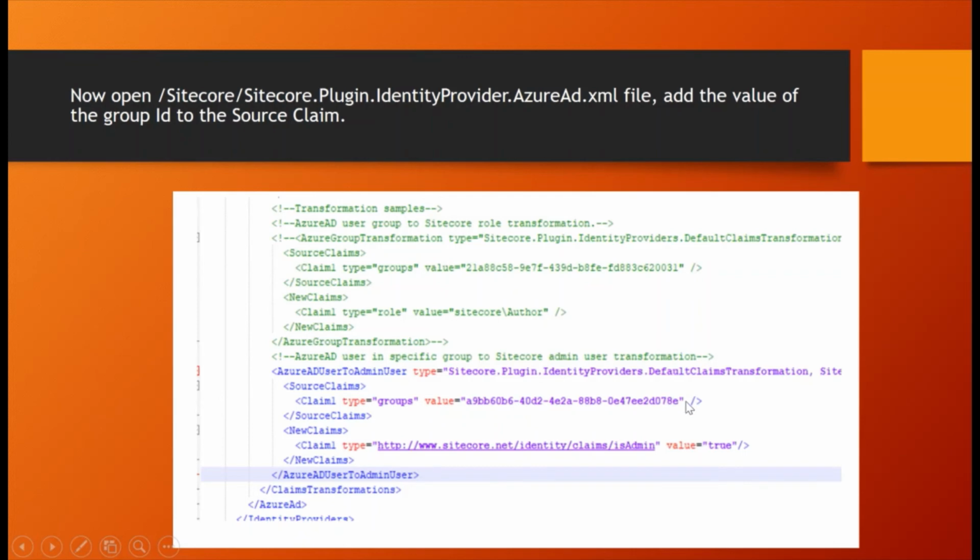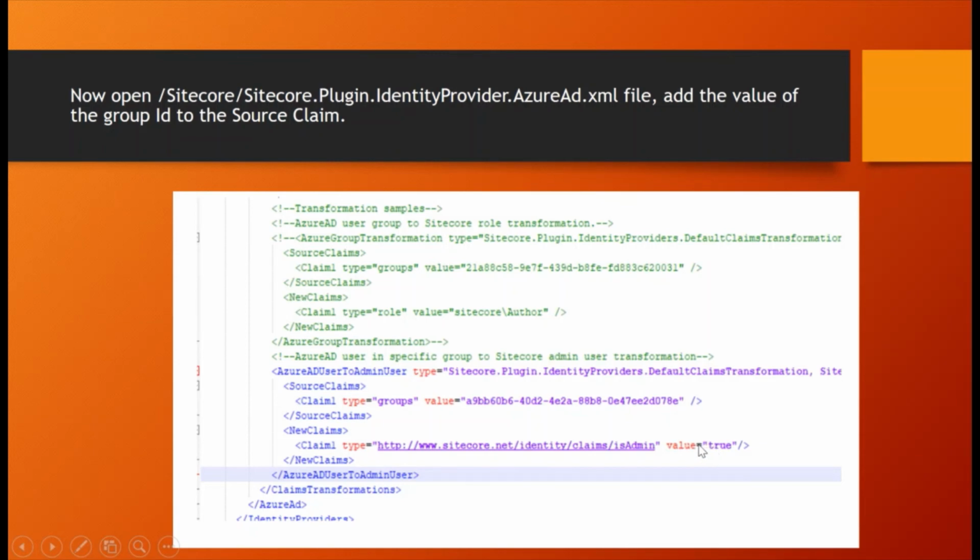After that, depending upon the role, it will authenticate to the Sitecore launchpad and everything behaves accordingly. Since I used the Sitecore admin role, it will provide full access. There is another setting, is admin, which is also true here.